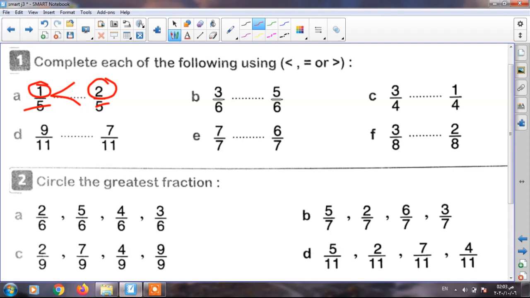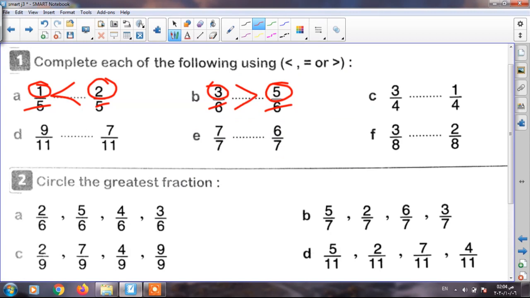Okay, the next one. Here I have 3/6 and 5/6. What will I do, junior 4? Firstly I must look at my denominator. Where is the denominator here? Here I have 6 and here I have 6. So I have the same denominator. What will I do? I will look at the numerator. Here I have 3 and here I have 5. I know that 3 is smaller than 5. It means 3/6 is